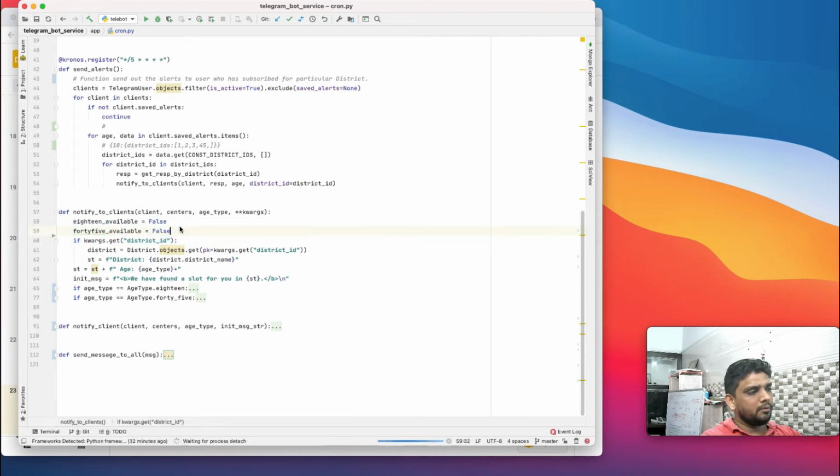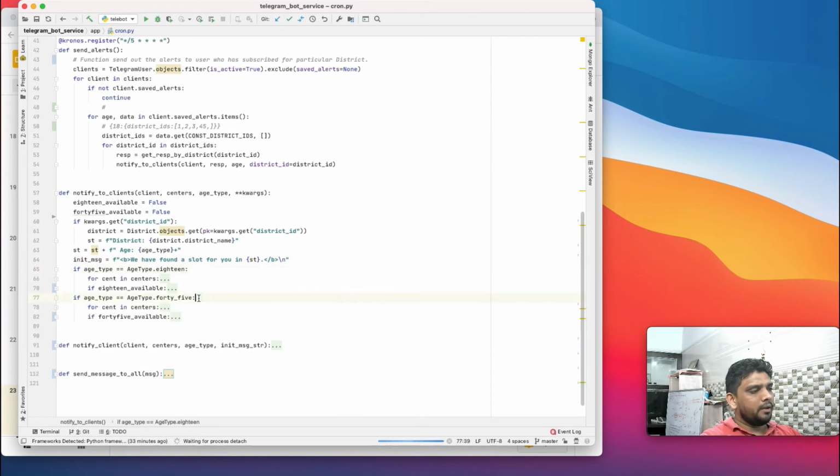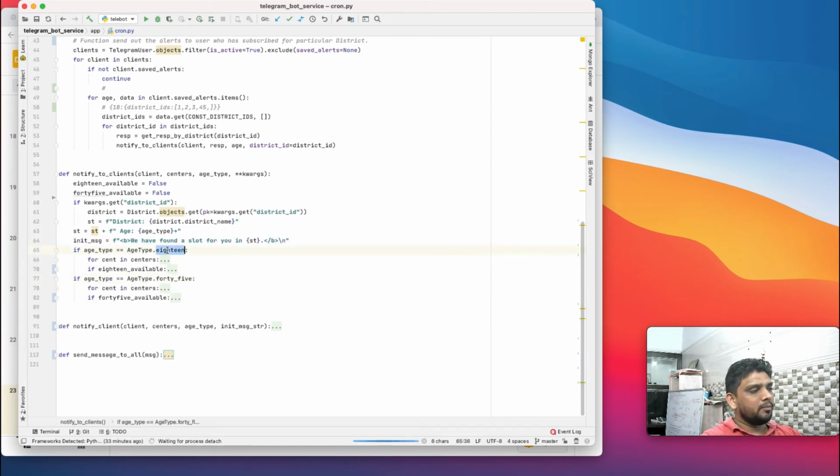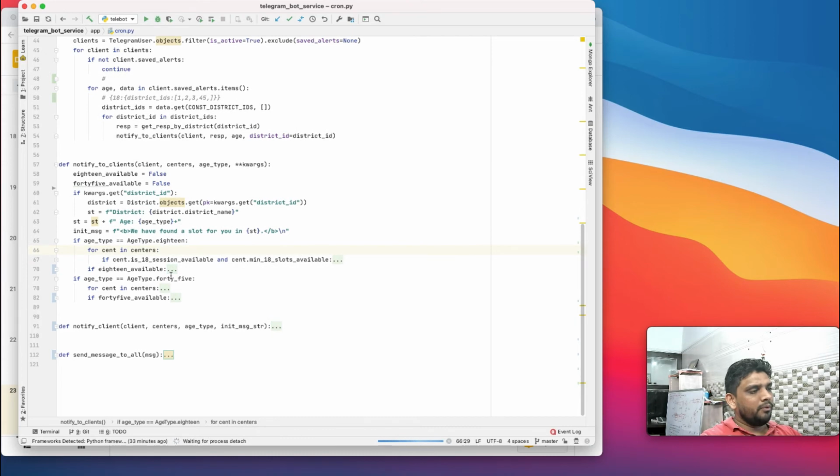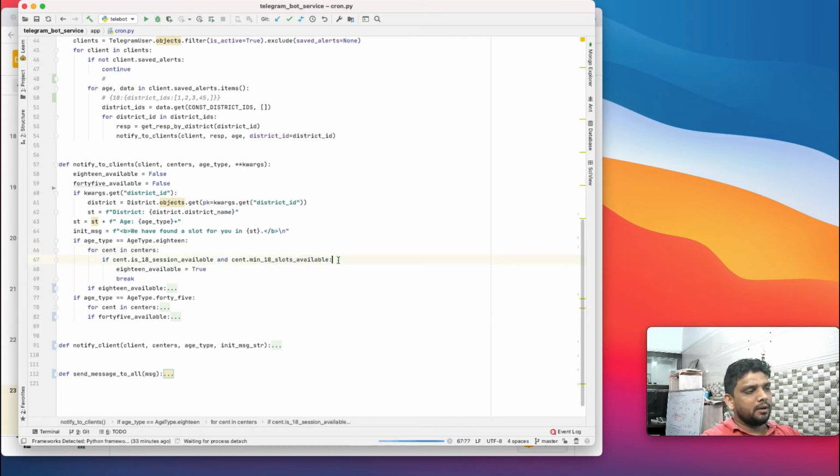We know this is the client, and this is the sender's age type and keyword arguments. For this particular district, we are creating a standard string. This is the slot, and if the client has opted for 18 plus, we check for 18 plus slots, and we need to make sure there is a minimum 18 plus slot availability.